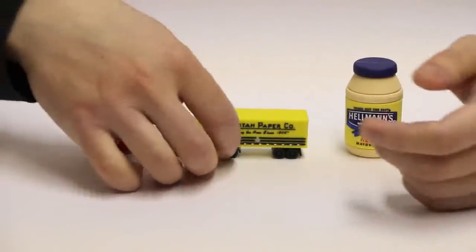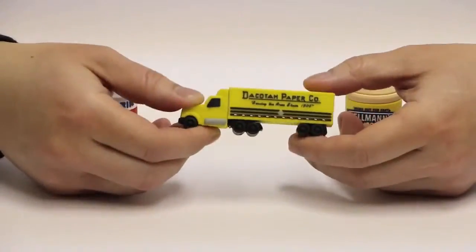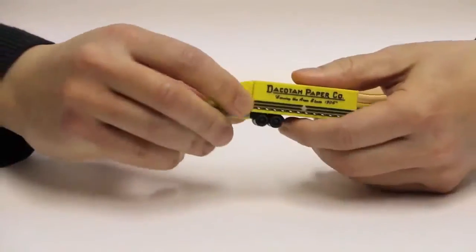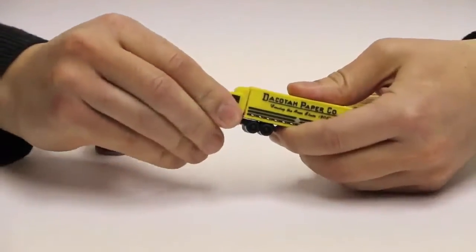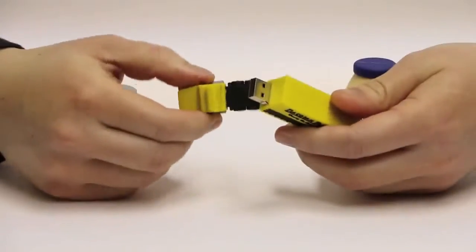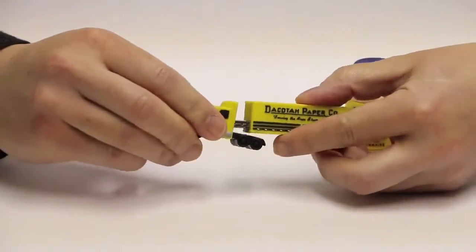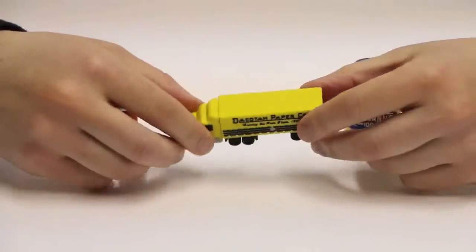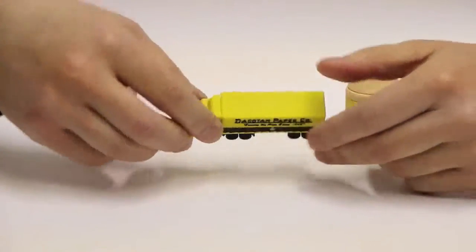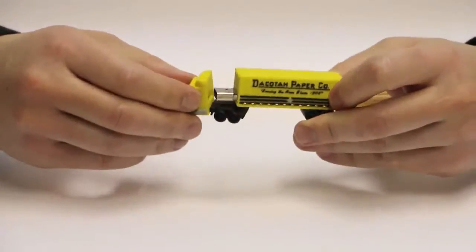Number two, it has sharing value. Unlike a coffee mug or t-shirts that you give out, those are very personal items. A USB drive is meant to be shared. People will put documents, photos, videos on here and share the drive with their friends, colleagues, and usually that will give you the opportunity to wow more people. So every USB drive will get multiple exposures